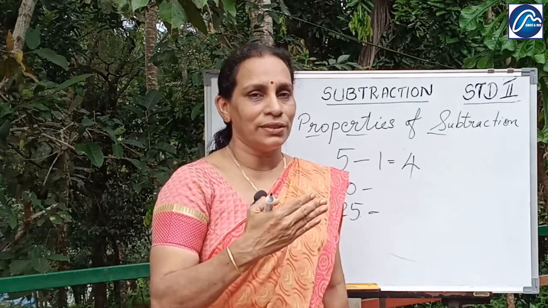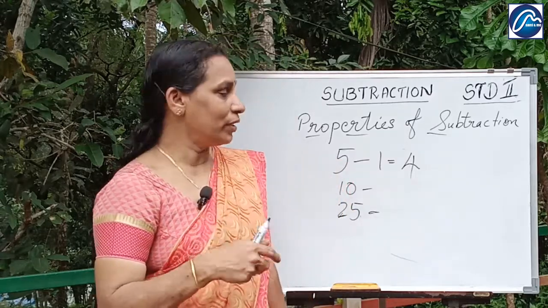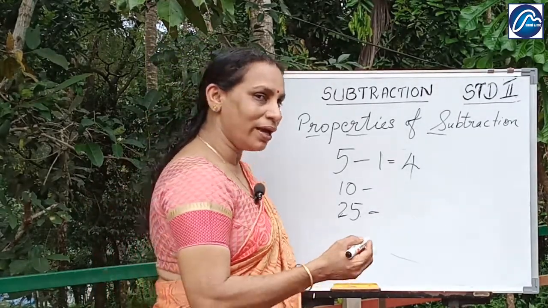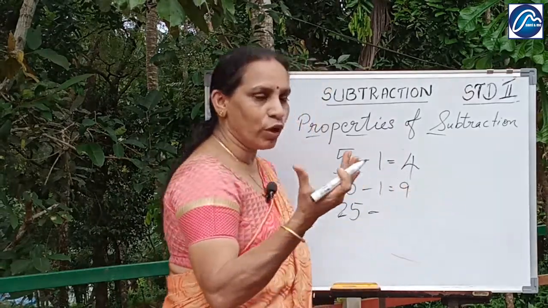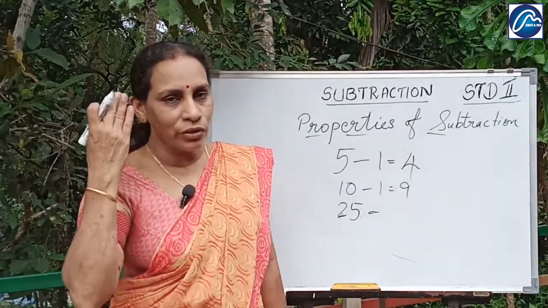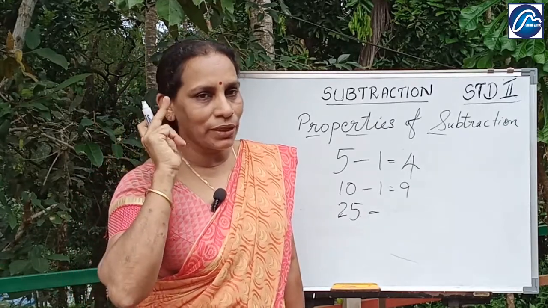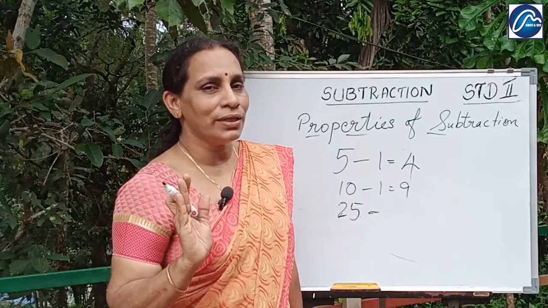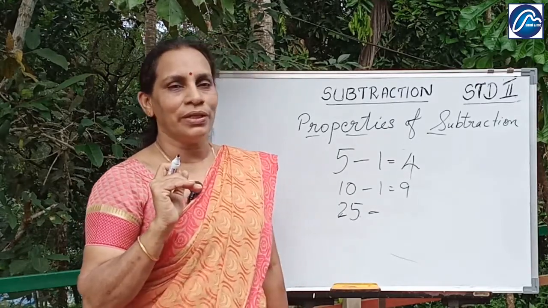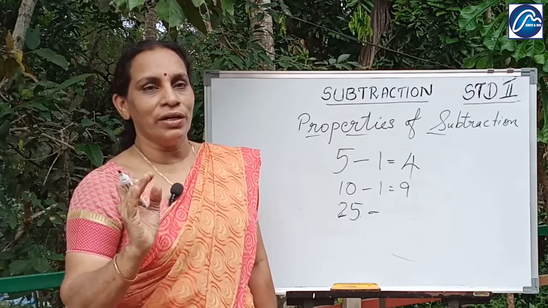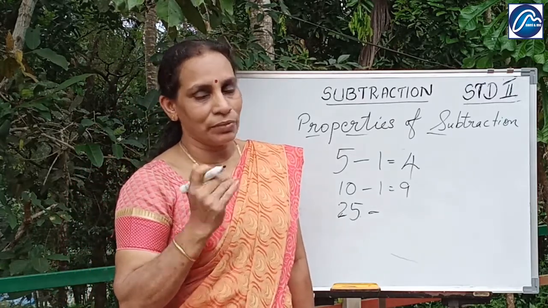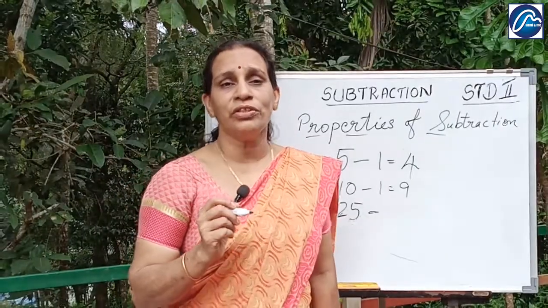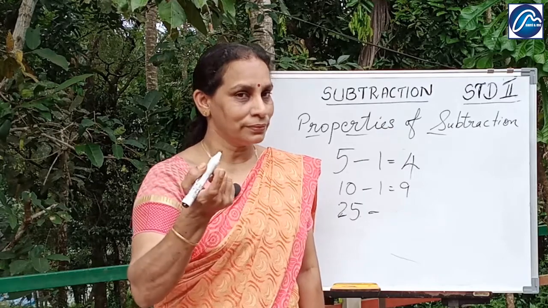That is, the number just behind the one written first. Okay, so let us know what is 10 minus 1. It's simple, 9. You don't need to use your fingers for this. You should remember that when you subtract 1, you will get the number just before the number. Whenever you subtract 1, you just write the number just before it as the answer. You don't need to subtract and check. So 25 minus 1 is 24.